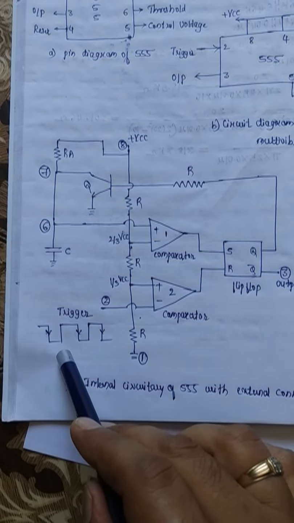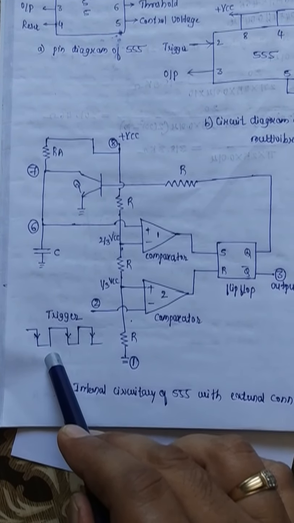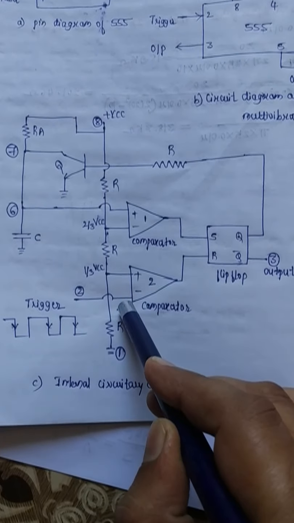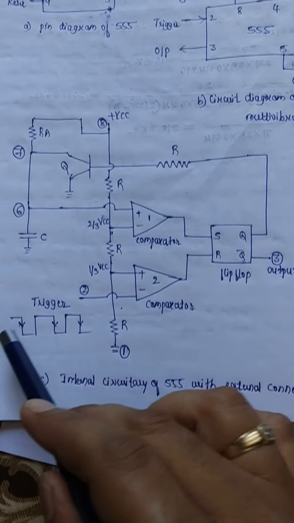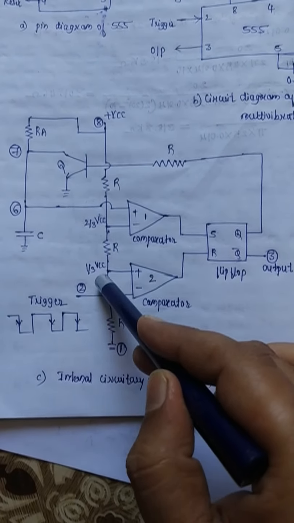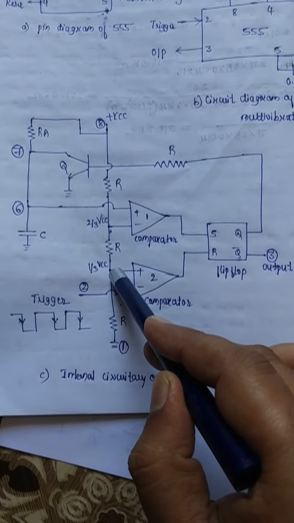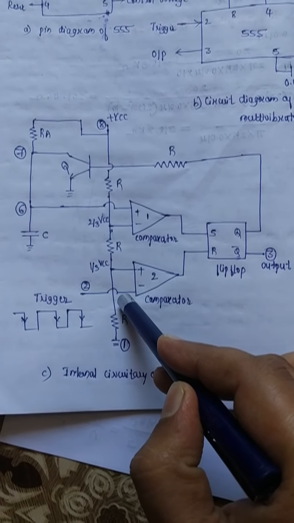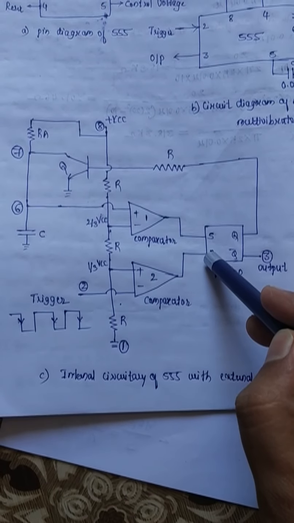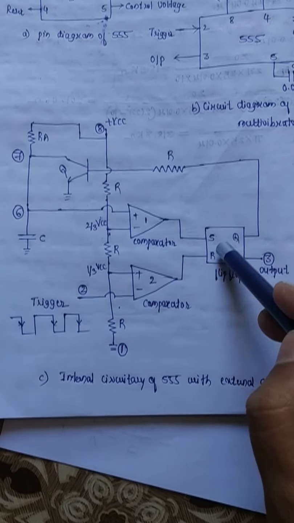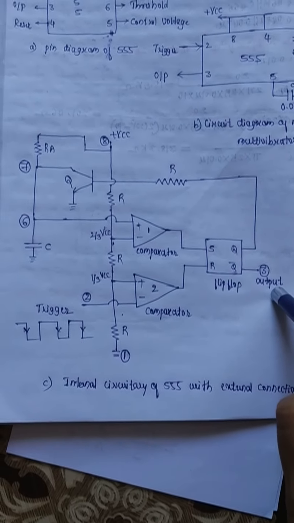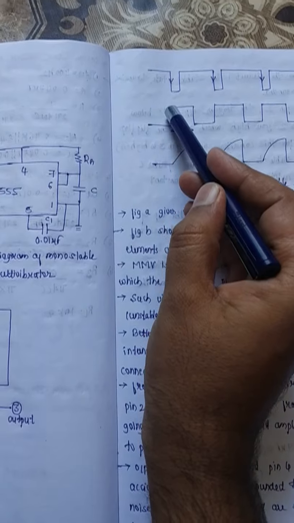Now at the negative going of the trigger pulse, it is applied to the non-inverting pin of the second comparator. Whenever input is applied for this trigger, the input falls below 1/3 of VCC. Here the reference will be 1/3 of VCC, here input becomes less than 1/3 of VCC, output becomes high, so that is given to the SR flip-flop. So it will be reset, in the sense Q is equal to 0 and Q bar is equal to 1, which makes the output become 1, in the sense it goes to high state.